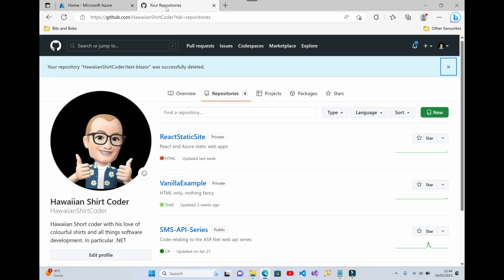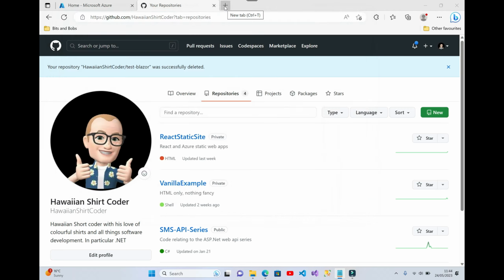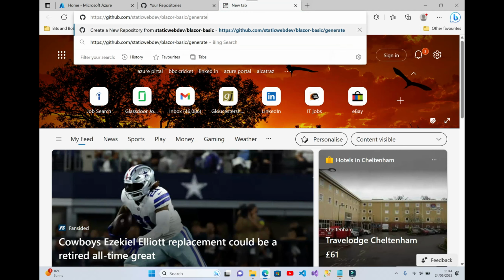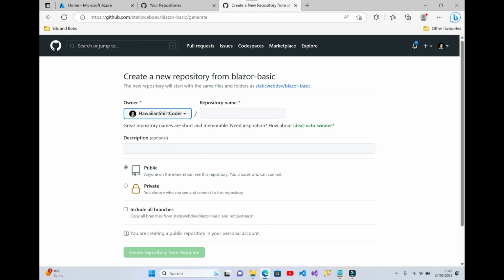Now, in order to shortcut this process again, there is a nice template that someone has created for us that we can reuse and repurpose for our own website. I've got the address here in my notepad, so I'm just going to lift this out and put it in a browser. Again, this will be put in the notes in the video. And because I'm logged in already, it's recognised that I'm the Hawaiian shirt coder,